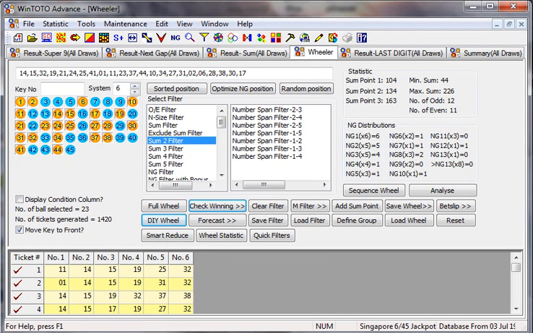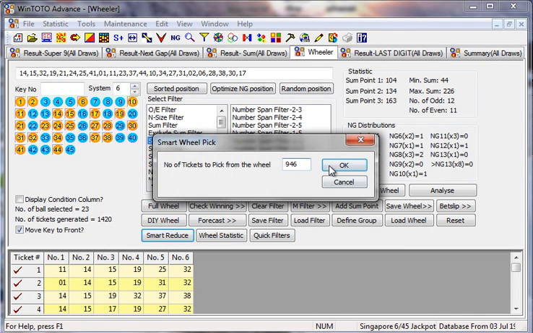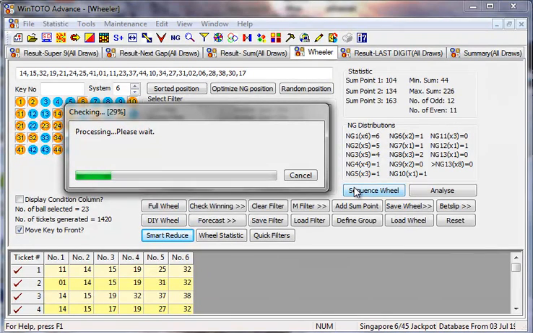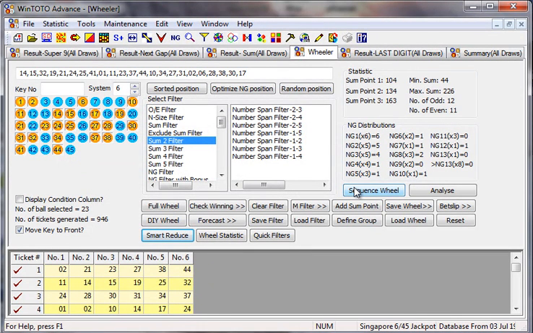And if you were to click on the smart reduce, you can actually reduce it even further to 946 tickets. So from 2259, you drop down to 946. You actually have a total reduction of 1,313 tickets. If you divide by 2, you have a saving of $656.